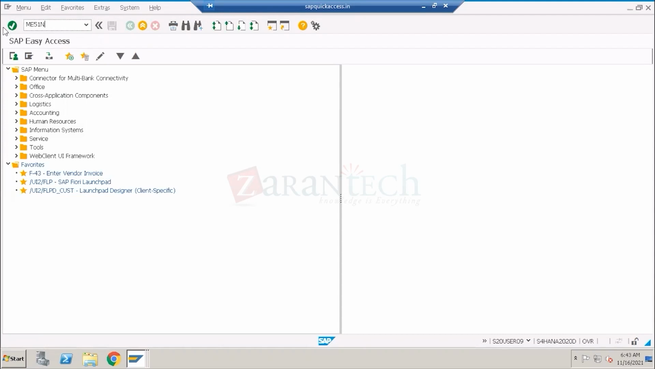Any transactions which are starting with ME, these all are related to material management. If you're a financial consultant, you're not going to be creating any purchase requisitions. But just as an example, because you are going to be working as a part of the integration part, MM with FI integration, these all are very, very important to your accounting knowledge. So when I go to ME51N, here you can see